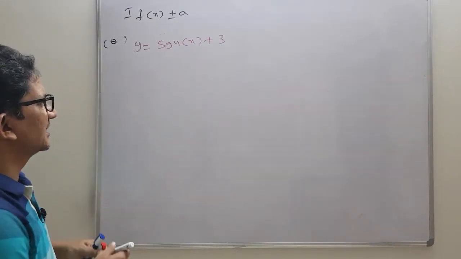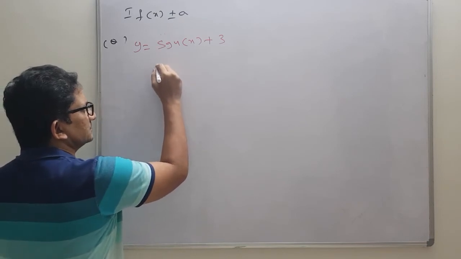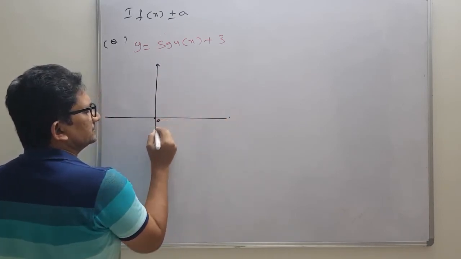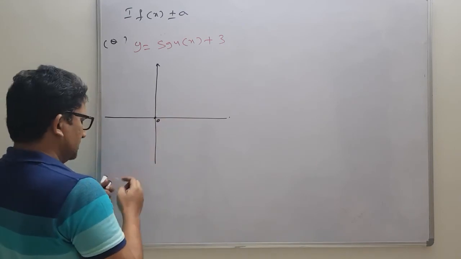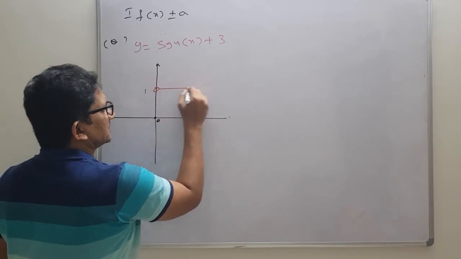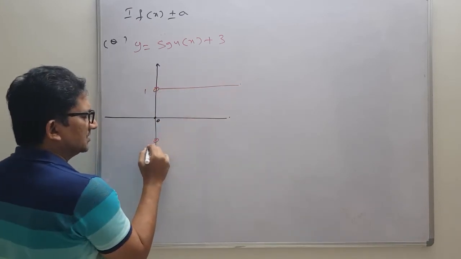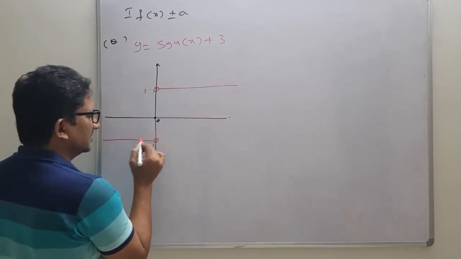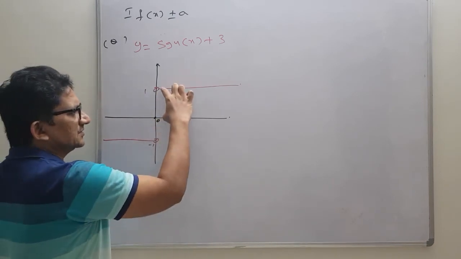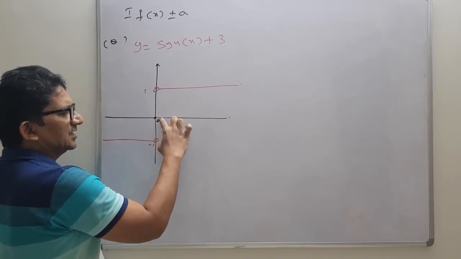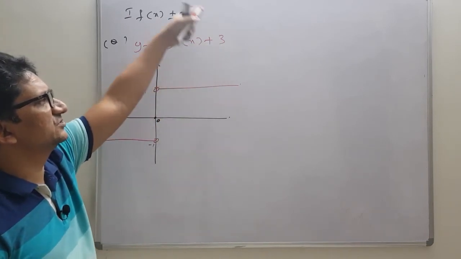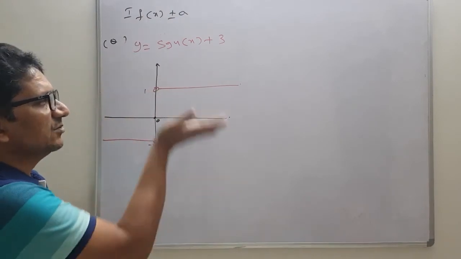Just recall the graph of signum function. So at 0 we will get dark portion, and next here at 1 we will get a circle, and in this side we will get a graph, and minus 1 will get one more circle, and this side will get a graph. So this is the graph of signum function. That means from origin to this one the length is 1 unit, and here also 1 unit. Based upon that, now see signum function should be shifted to 3 units above the origin.